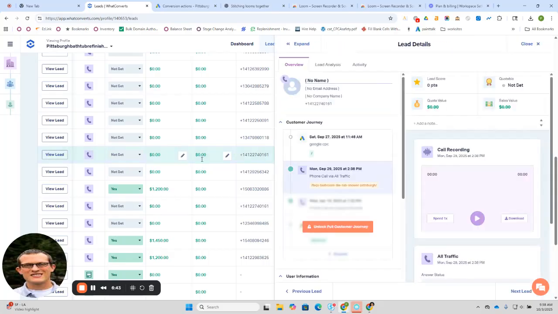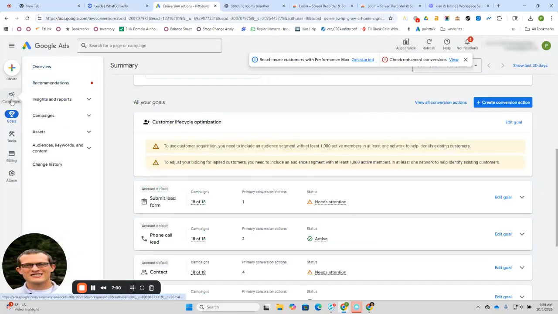So we go in here and you can listen to a call, and then you can say, was I able to quote it? That will trigger the conversion. And then if we set a sales value, it'll set the value of the sale in Google Ads. So you kind of have two different views into how the account's performing. And what you'll see here,